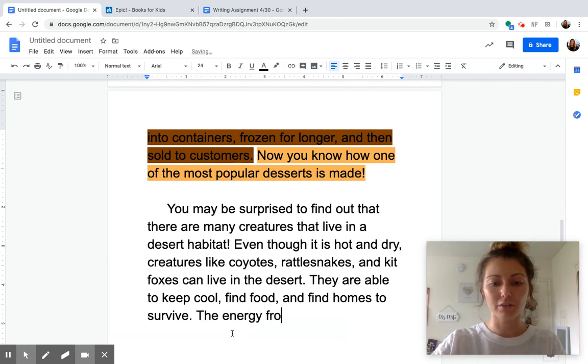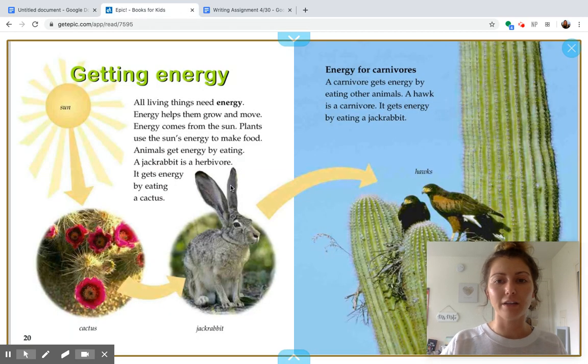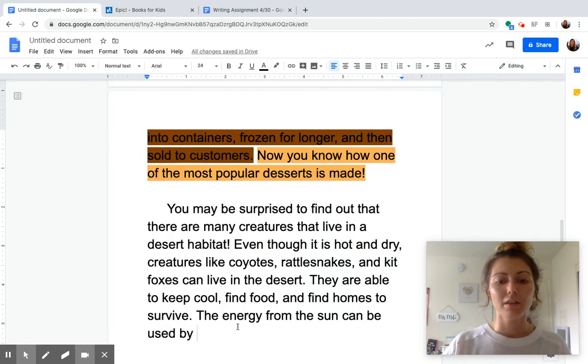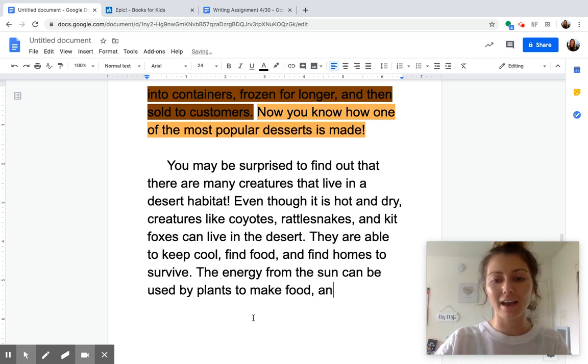The energy from the sun can be used by, I know it's used by the plants to make the food. And then if the hawks eat it, then the rabbits eat it, then everyone's getting energy. The energy from the sun can be used by plants to make food, and that energy is transferred through, I